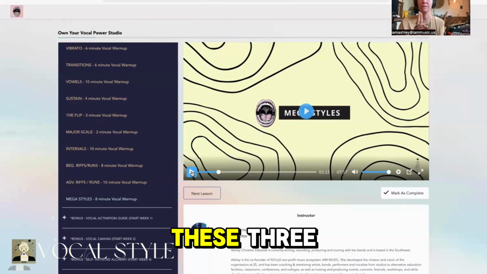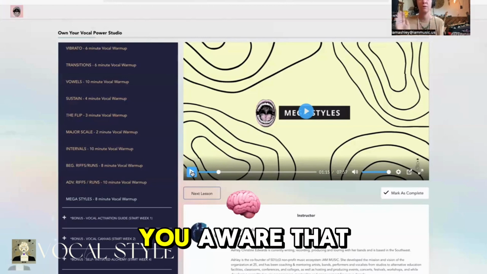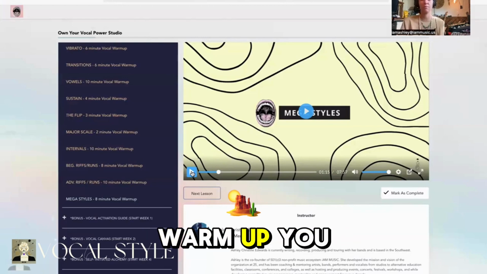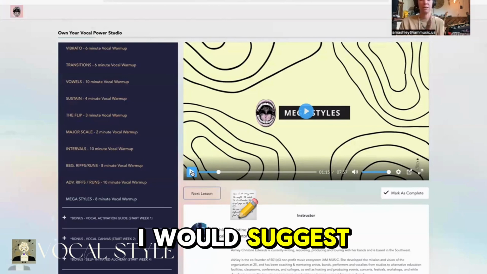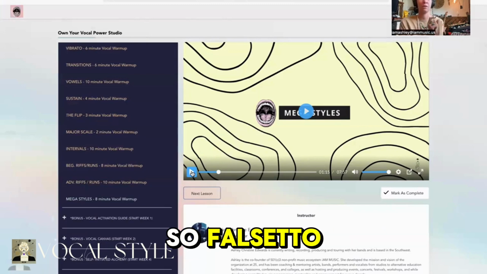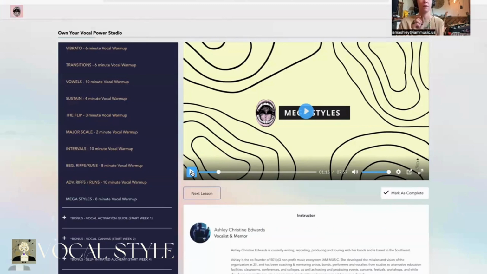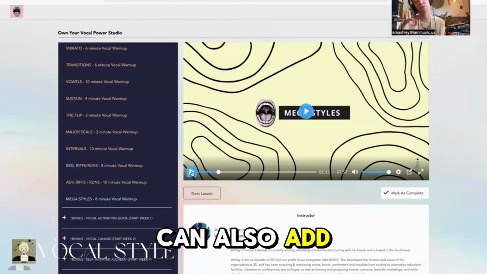You could blend these three. So I want to just keep you aware that in Mega Styles warm-up, I would suggest keeping them separate. So falsetto, vibrato, bend, high. But you can also add those in layers.